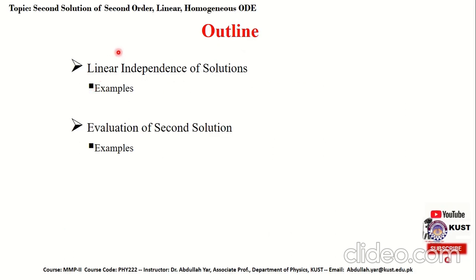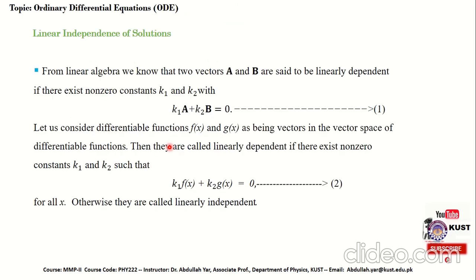In the first part, we will discuss the linear independence of solutions with a couple of examples, whereas in the second part, we will evaluate the second solution of a second order linear homogeneous ordinary differential equation, followed by a few examples. From linear algebra, we know that two vectors a and b are said to be linearly dependent if